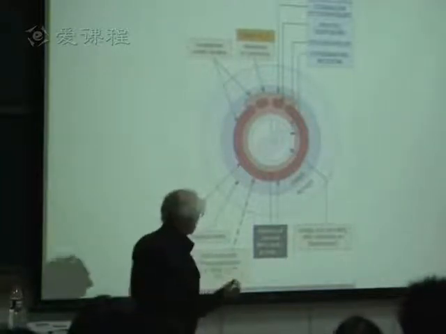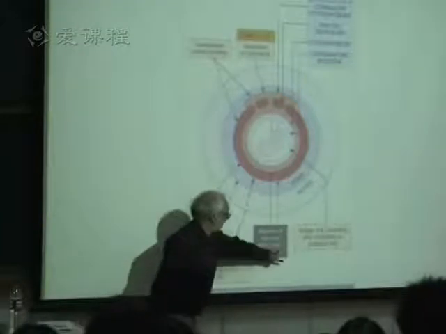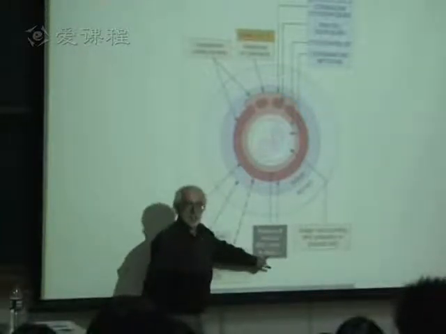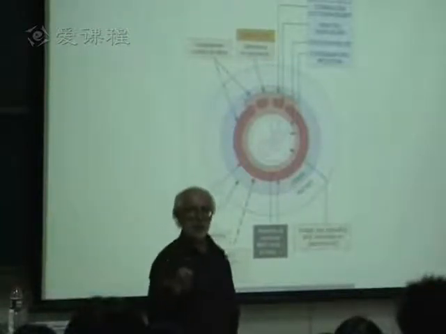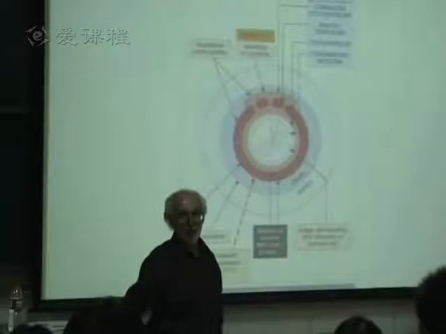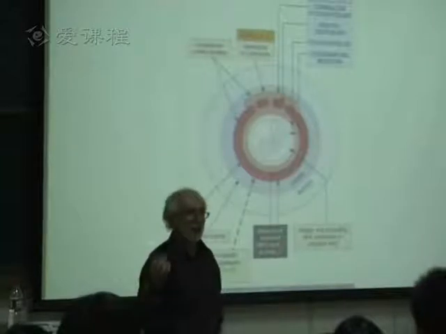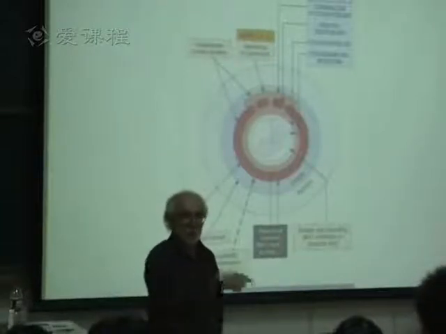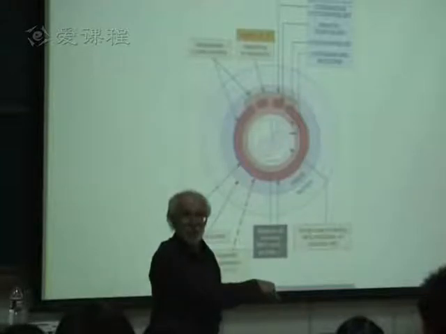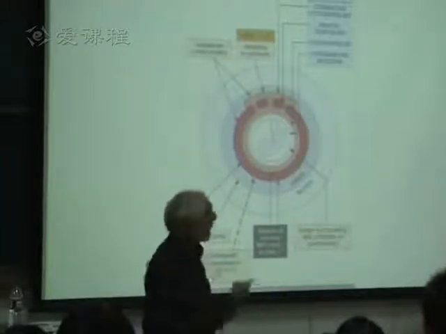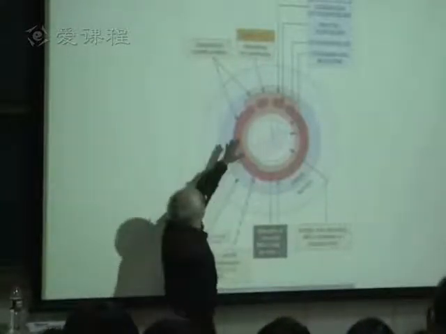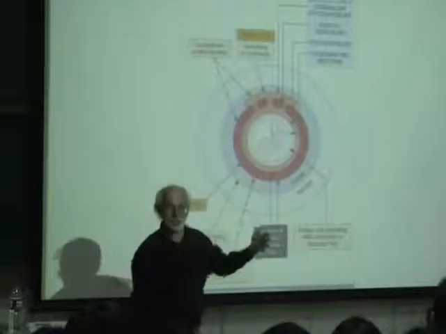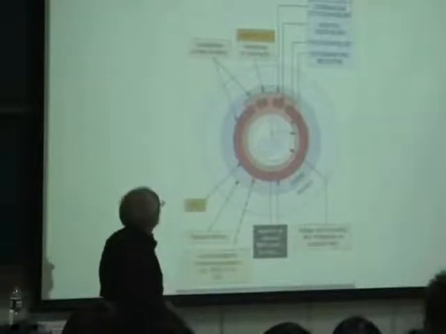Because what there isn't in the placenta is what we can call the classical MHC class 1 and class 2 genes. So there's no HLA A, B, and C. And what natural killer cells look for is an absence of class 1. Natural killer cells kill cells that are not expressing class 1. Normally, all cells express MHC class 1. But before the break, I said tumour cells sometimes don't express MHC class 1, and natural killer cells can kill them. But in the placenta, if you don't have class 1, then natural killer cells would kill the placenta. But maybe the presence of these other types of class 1 molecules, G, E, and F,